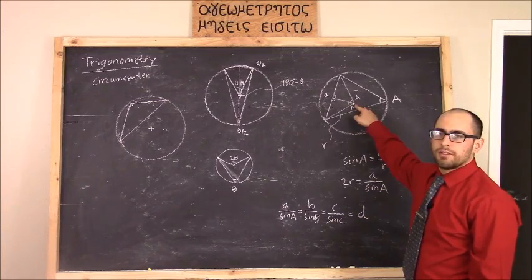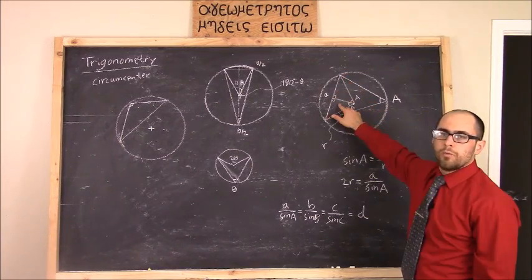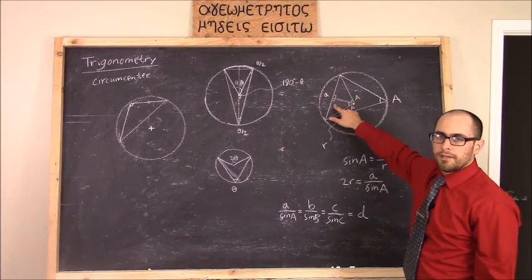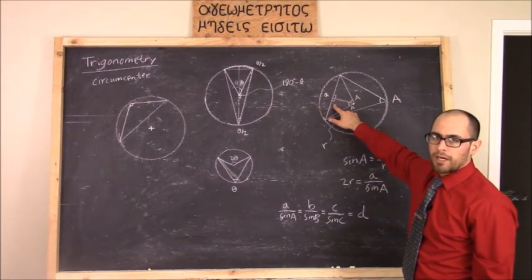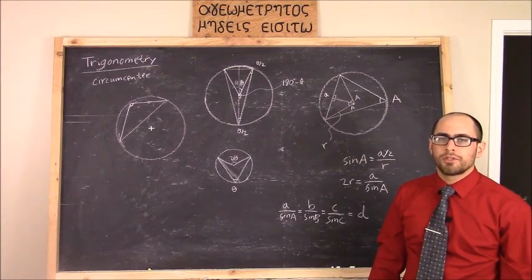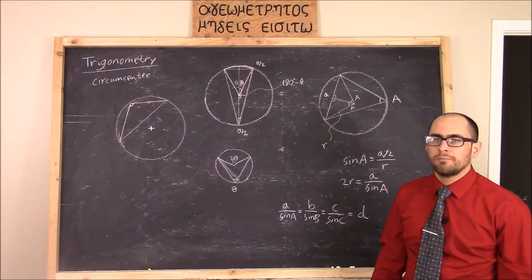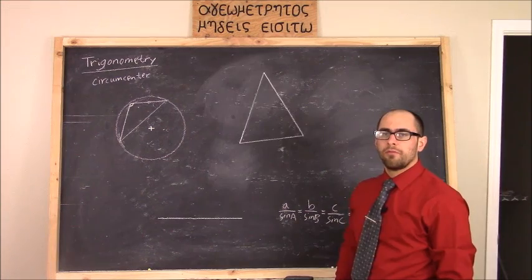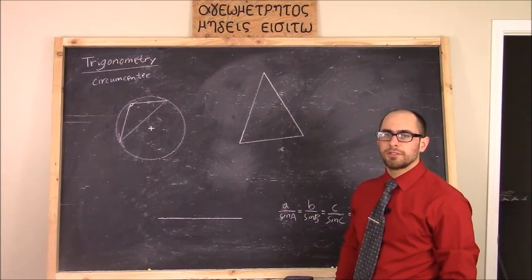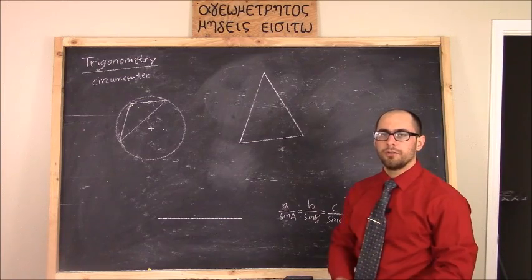Remember how when we split this into 2 right triangles, it split the length of A in half. We call that a bisection. And because this is a right angle, it is a perpendicular bisector. So given an arbitrary triangle, to find the circumcenter, you simply find the intersection of the perpendicular bisectors, as I will next show. Before we get there, let me first demonstrate how to construct a perpendicular bisector using a compass